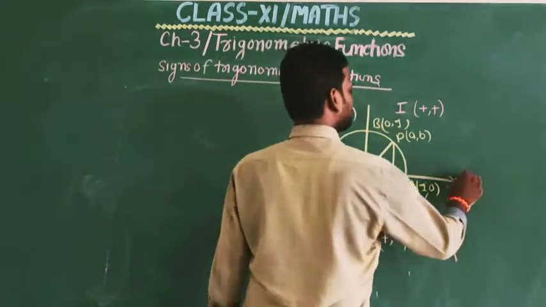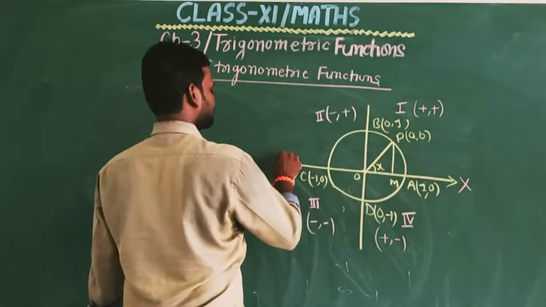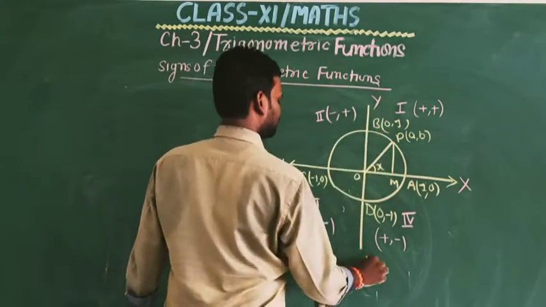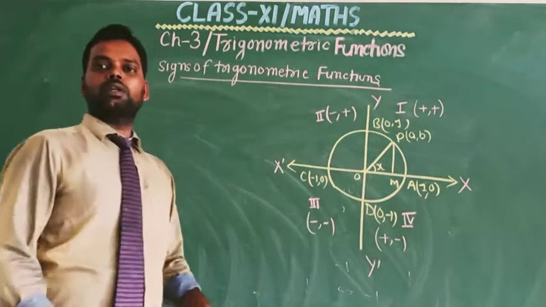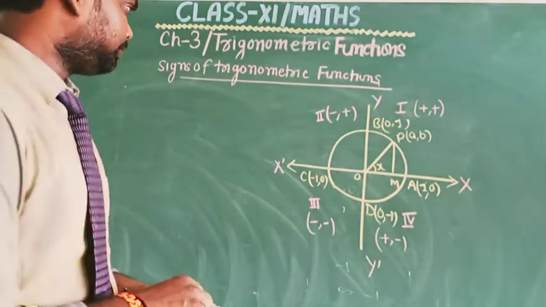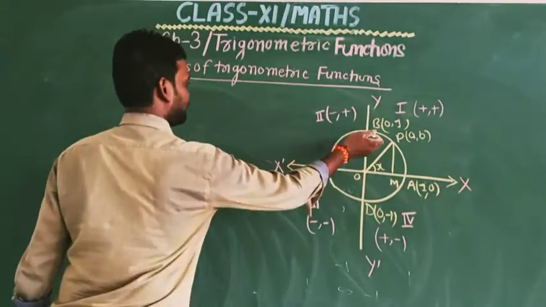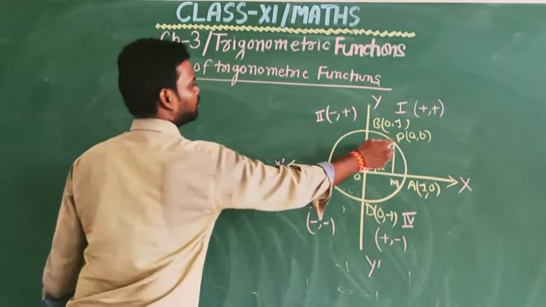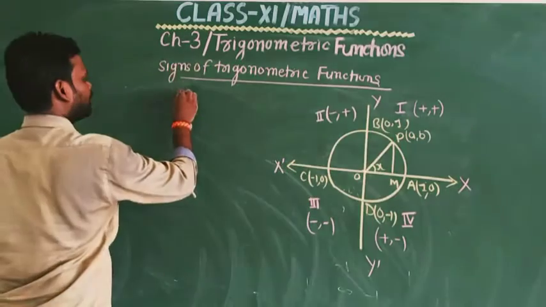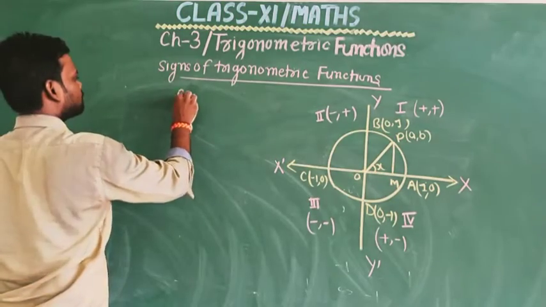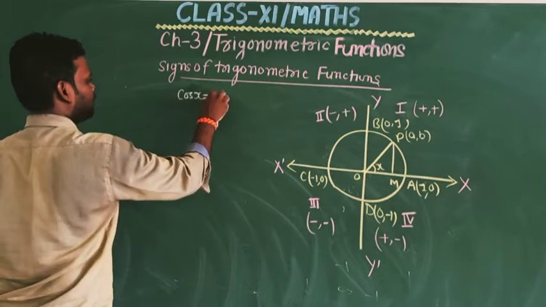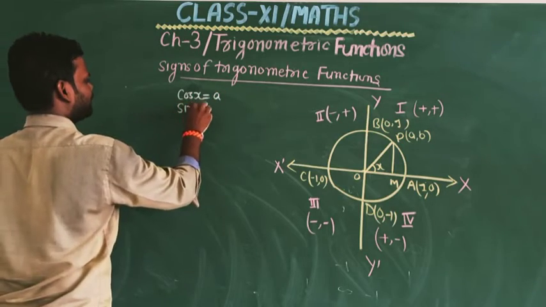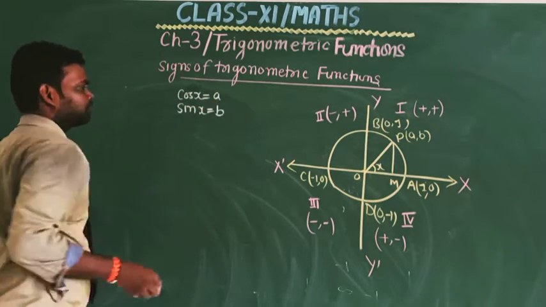Okay, this is X dash, Y dash. So dear children, in first quadrant the value of A and B, we have to find out cos X equal to A, sin X equal to B. Okay,